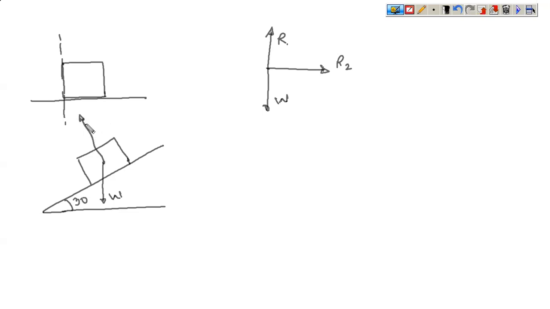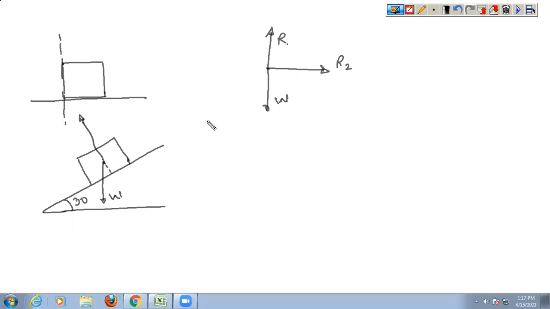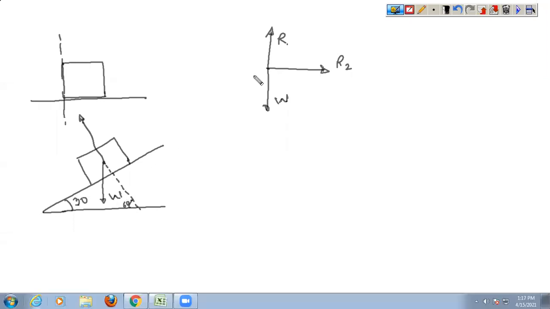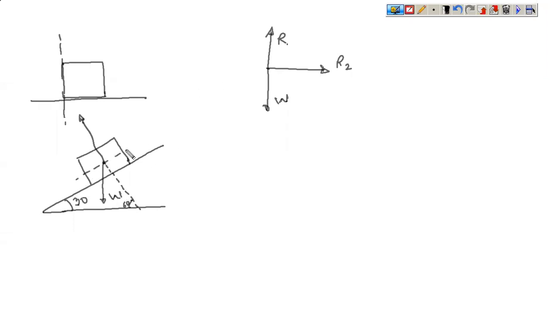So when the reaction is offered in this direction, if you want to find out the angle, what will be the angle? Extend it below. So if this is 30, this is 90, this is 60. This is 30, this is 90 obviously, this is a right angle triangle, so this is 60. If you complete this triangle like this, if this is 60, this is 30, again this is 90, so this angle becomes 60 degrees.